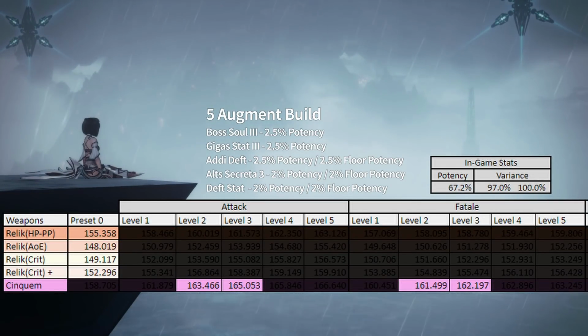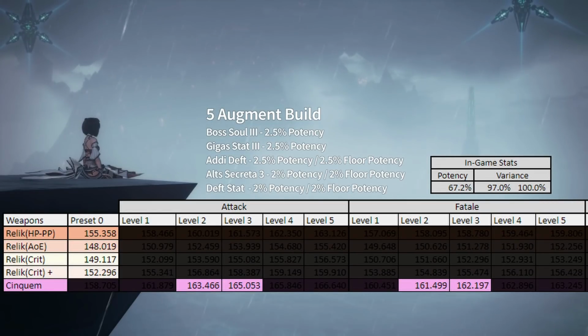So if we were to compare those values, you can see that there is a stark difference in the damage that you're going to observe. So if you are planning on going into a Cinquem weapon, I would recommend at a very minimum trying to find at least a Fixa Attack 2 or Fixa Fatale 2 Cinquem. This means that you're investing in a weapon that is going to have more damage than what Relik could ever achieve, and therefore all of your Photon Scale investment is going into a weapon that is going to have some